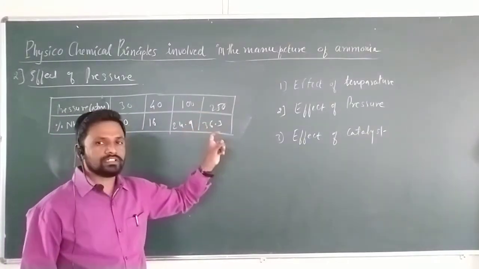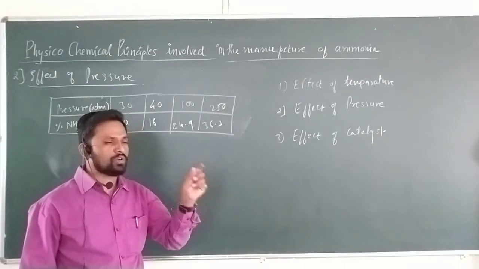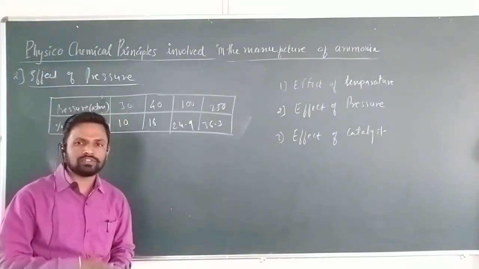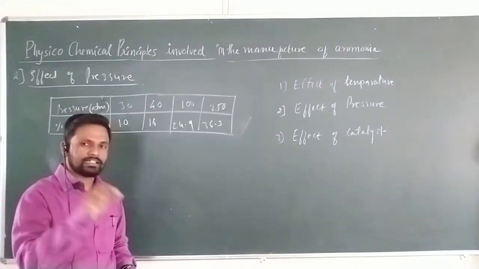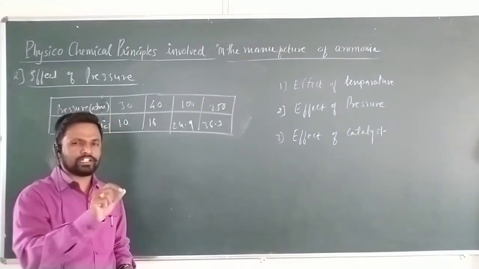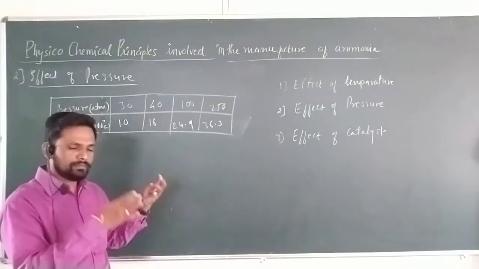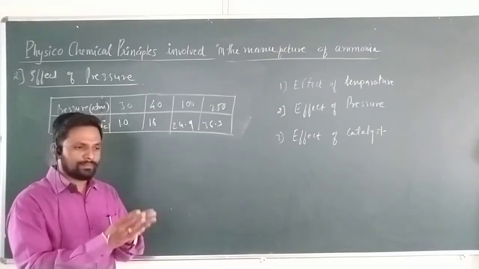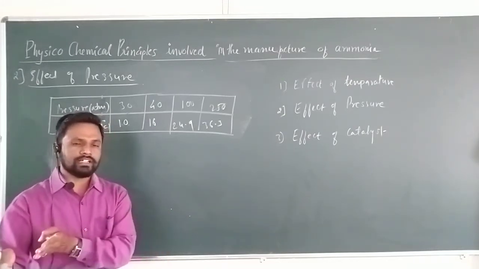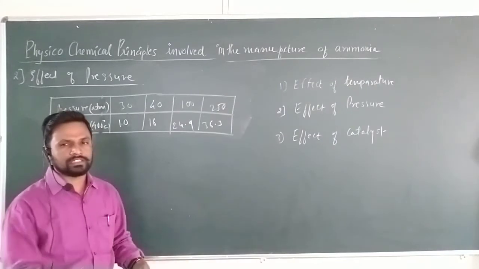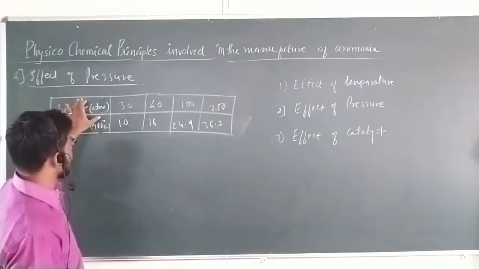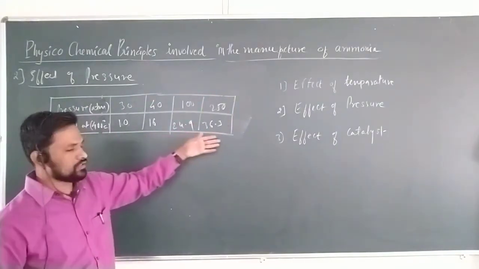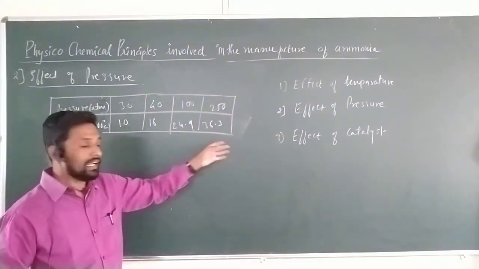Therefore, the optimum pressure varies from 200 to 300 atmospheric pressure, where we can obtain the percentage yield of the formation of ammonia, that is 19%. That also varies, 10 to 20%. But as per some of the reactions, some industries carry out at different pressures, 250 or 200 or 300, and the percentage of ammonia formation also varies. But definitely we can say here, the increase in the pressure increases the percentage of formation of ammonia at a constant temperature.